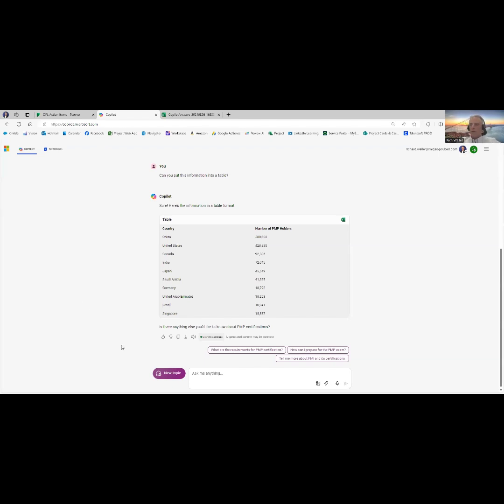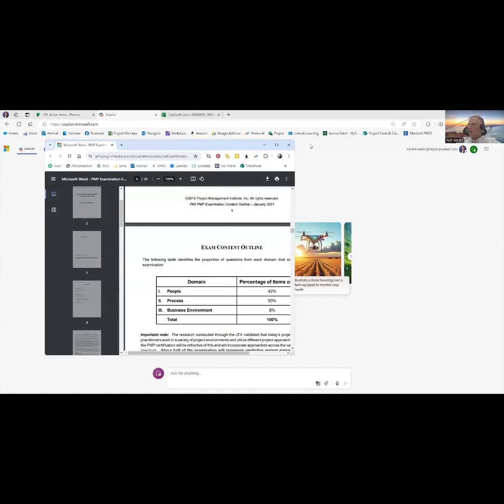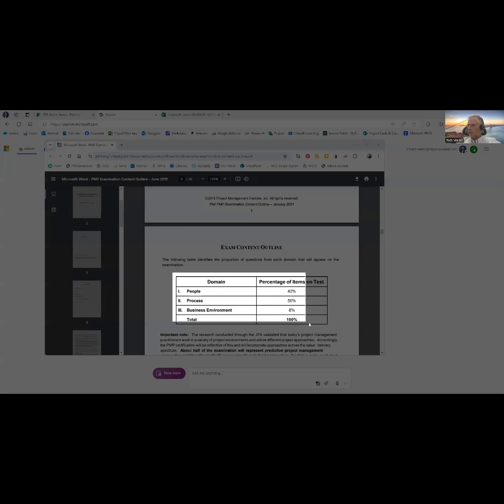Let's try a second use case. We're going to put in a new topic here just to refresh things. What I want to do now is take a look at this PDF document that I've got right here, showing this is from the PMP exam content outline. You'll notice this little table here within this PDF document, and maybe I would like to have that information in an editable table. So I'm going to take a screenshot of that,